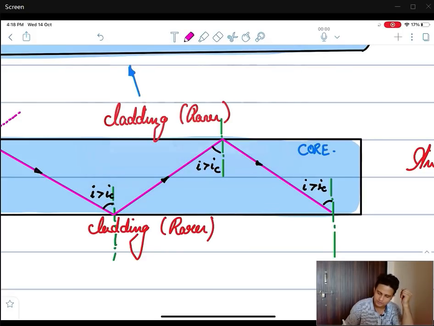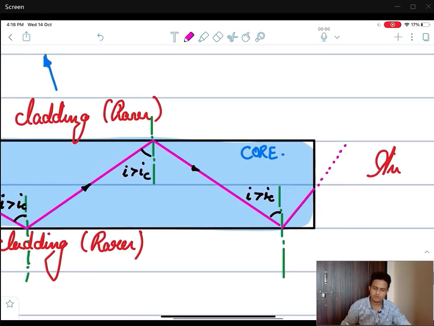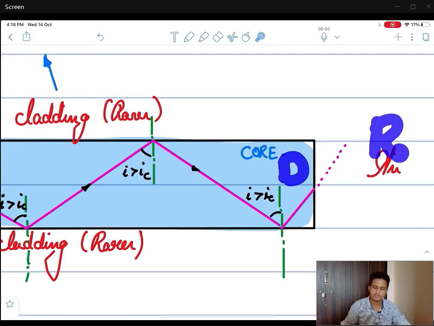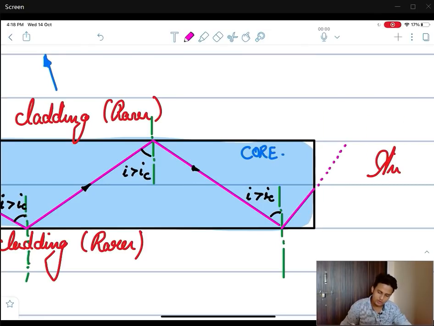This beam from here will go over here, and then it will have a tendency to go out like this, but it won't go out in a straight line, because here you have a denser material, here you have a rarer material, so this line will act as an interface. So I'll redraw one normal over here.